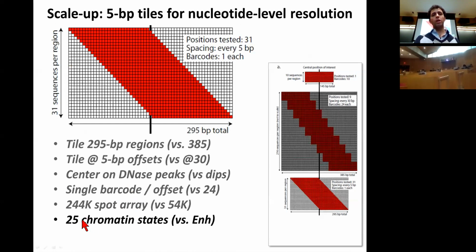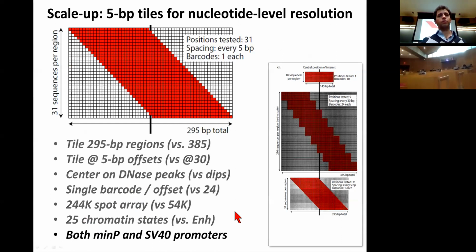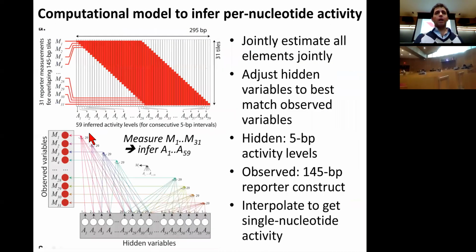And we used a larger array as well, and we tested all 25 chromatin states. So that basically allowed us to go a little higher throughput here. And to do that, we needed to develop a computational model that allowed us to effectively deconvolve the activity of all of these overlapping segments, because every single experiment is measuring 145 base pairs in 5 base pair increment